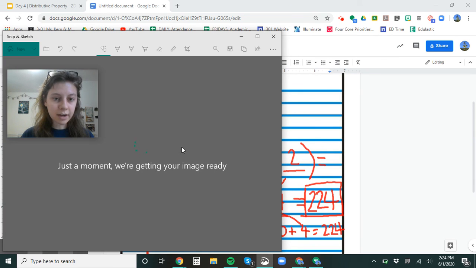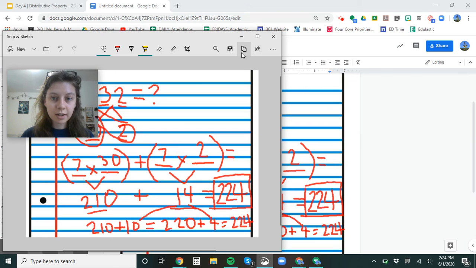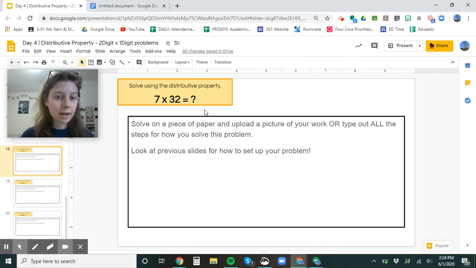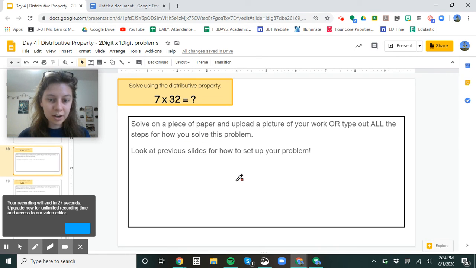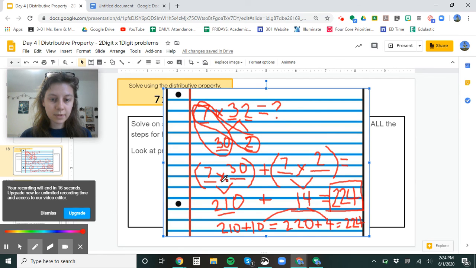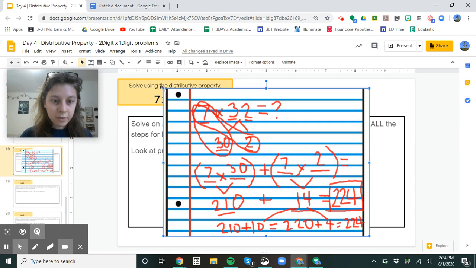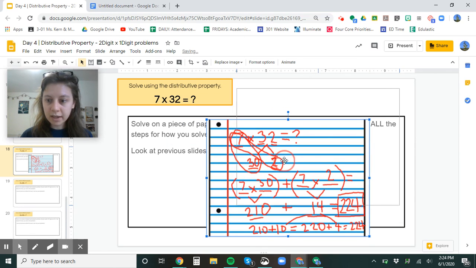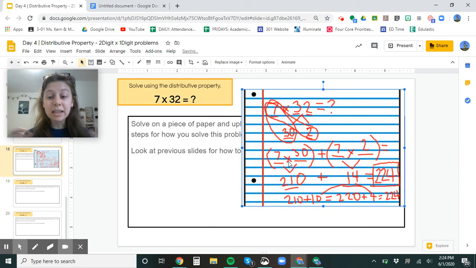Okay, so here I have my picture, and I'm going to copy it, and I'm going to put my picture in the slide to show my work for my teachers to see. So here's my work. Now I'm going to size it a little bit so that it fits better on the page, and my teachers can easily read it and see my work. So that's how you solve these